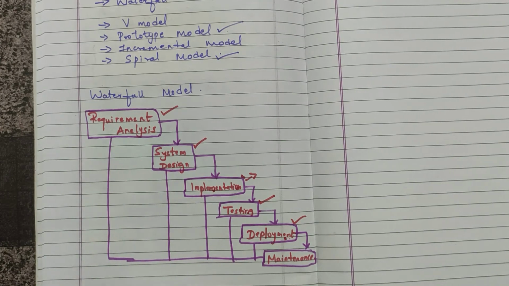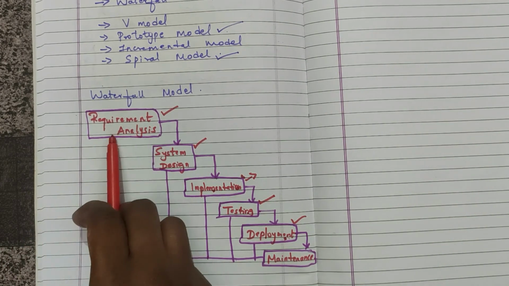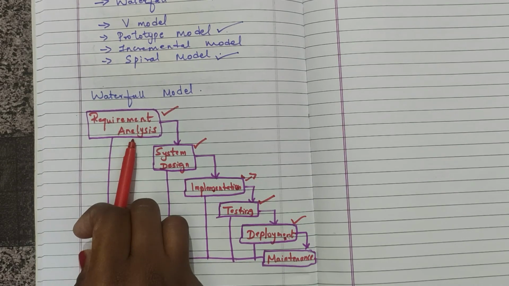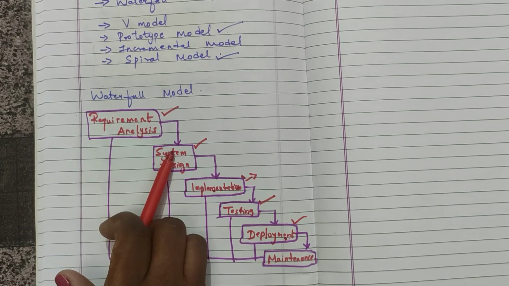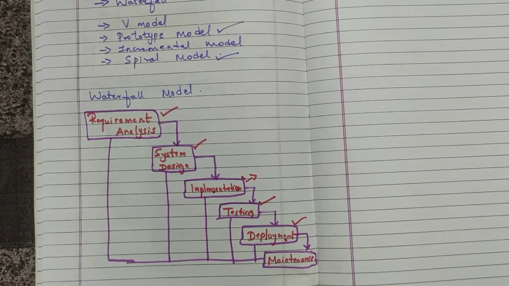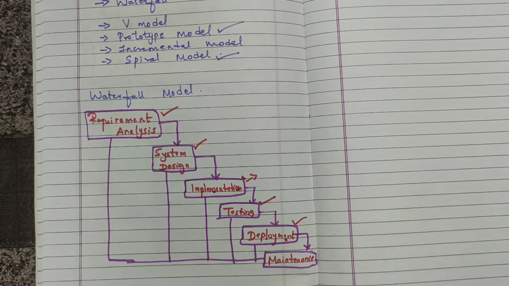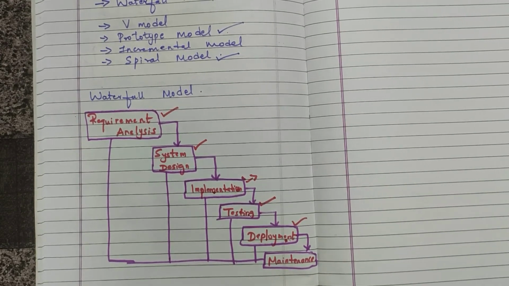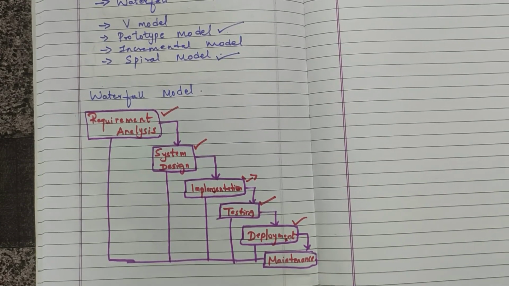The advantage of waterfall model is that in this model, phases are getting processed and completed once at a time. There is no overlap. Disadvantages is that once an application is in the testing stage, it is very difficult to go back and change something that was not well thought out in the concept stage, that is in the beginning stage. So this is what waterfall model is.